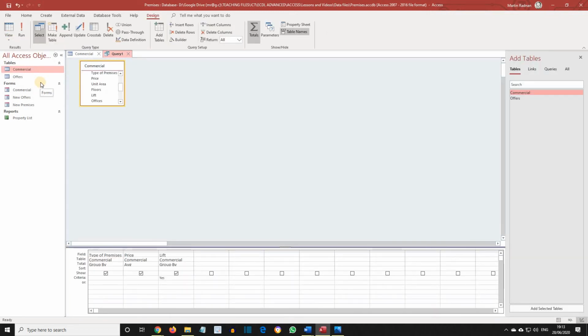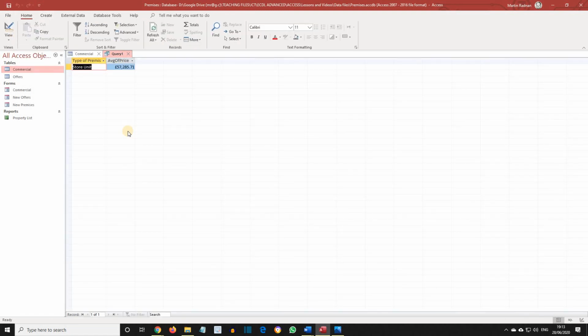We're now going to remove the lift column and then add a criteria of store unit to the type of businesses column. If we now run the query, we will see the average price for store units only. Let's switch to design view again